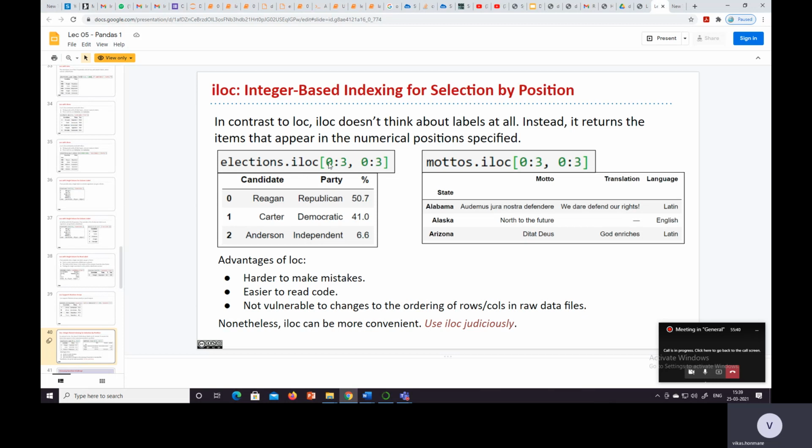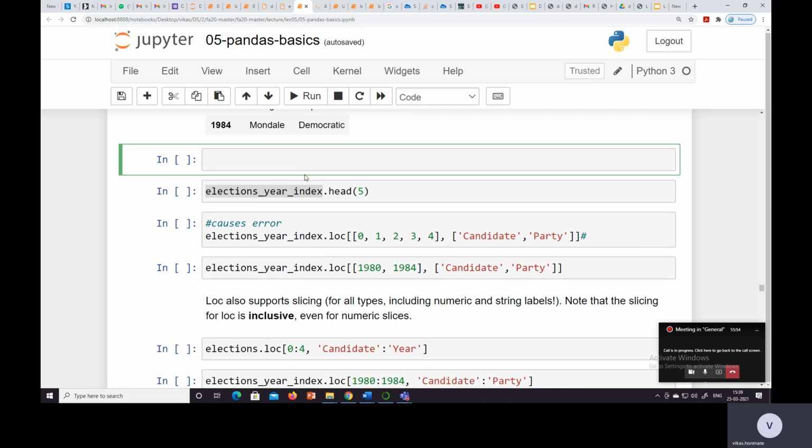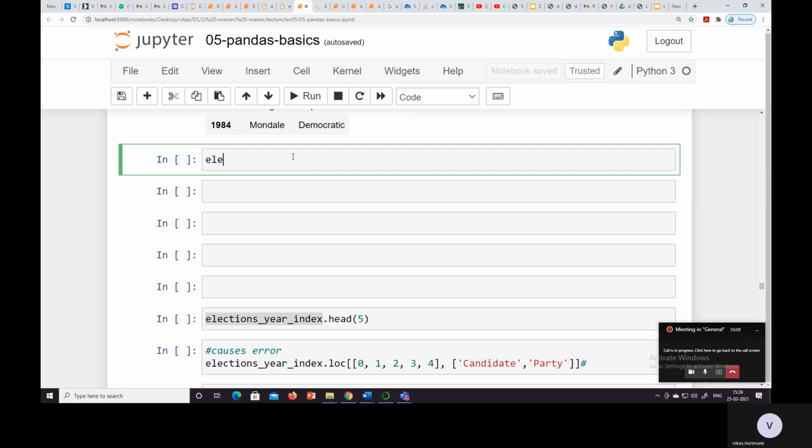Suppose loc is there and we want to display the first 4 rows and first 4 columns.